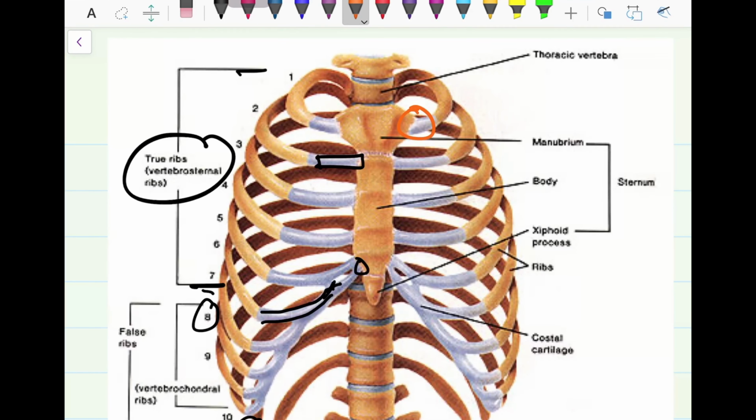Then attachments we have seen: subclavius, scalenus anterior, that is on scalene tubercle, scalenus medius, first digitation of serratus anterior here, then costoclavicular ligament here, then Sibson's fascia, that is called suprapleural membrane. So here it is attached anteriorly on the inner border of the first rib, and posteriorly to the anterior border of transverse process of C7 vertebra. So this is a C7 vertebra, so it is attached on the anterior border. Okay, and Sibson's fascia is also called suprapleural membrane.